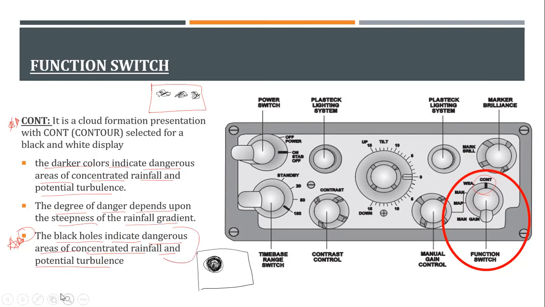What is the use of contour? Basically, if a pilot does not know the significance of colors, he or she can switch it to the contour. This will give a basic outlay of anything which is present. So everything could be avoided upon the steepness of the colors. In this, the colors are not present, so you can directly go to black and white. Black means danger, white means okay, you can fly.